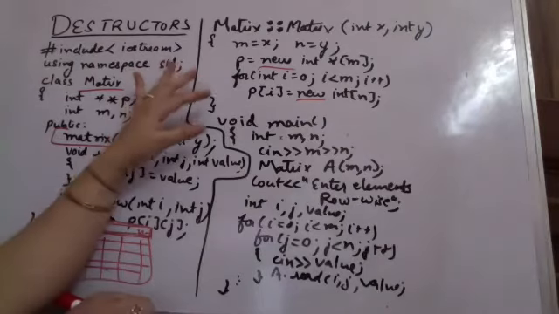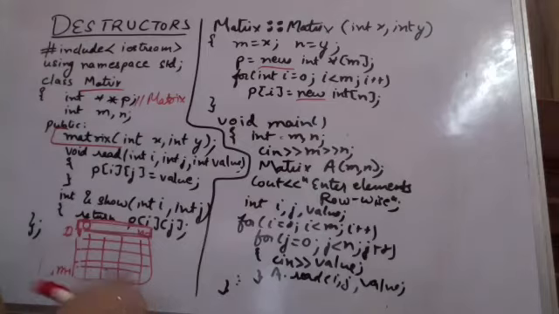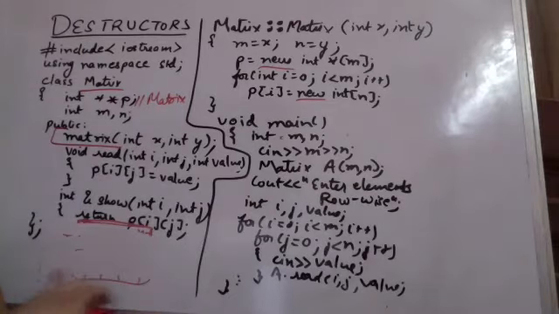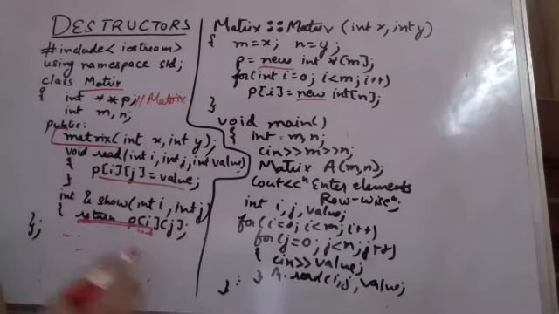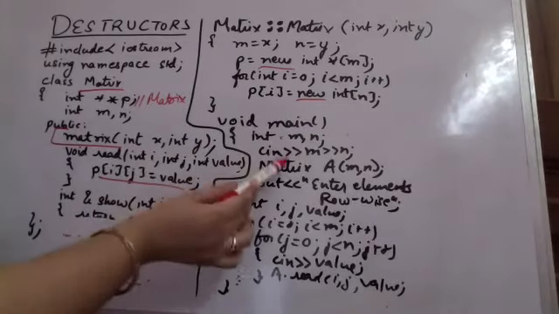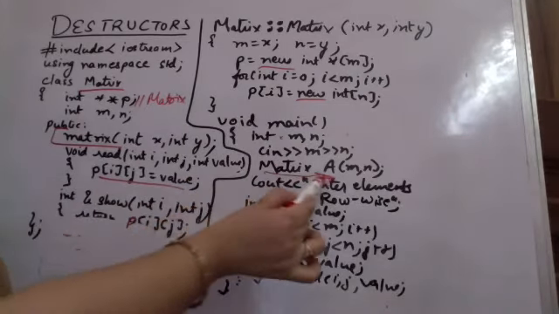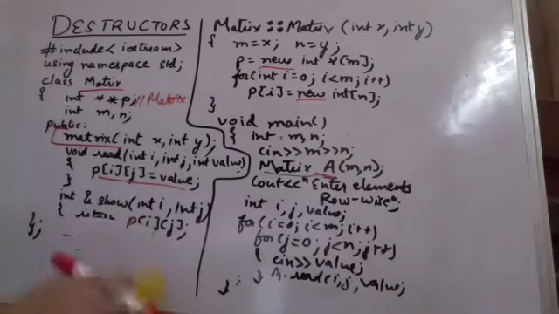So now since we have created the matrix, we want to delete the matrix in the same order. Supposedly we were only reading the values and storing them in the matrix. Then we could have returned any particular element which we want to show using the matrix. So this is just the main reading the matrix, calling the constructor automatically, row wise entering the data in the matrix. Now when I want to call the destructor, what is the syntax here?